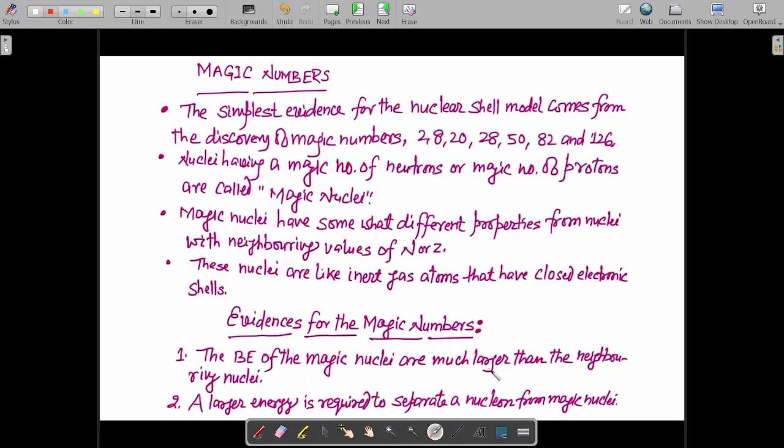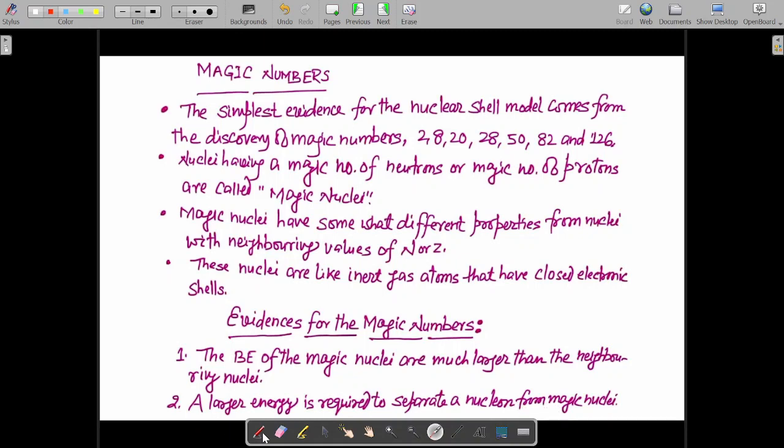So the binding energy of helium will be much larger than that of lithium or hydrogen. Hydrogen and lithium are neighbors of helium. So as compared to hydrogen or lithium, helium will have a very high binding energy. A larger energy is required to separate a nucleon from magic nuclei. The similar case